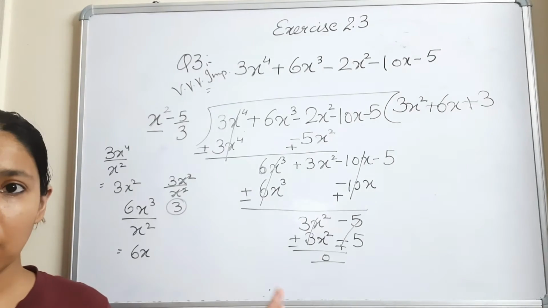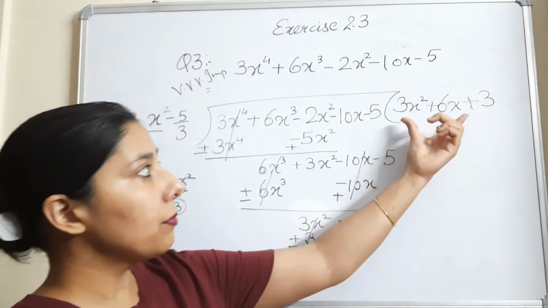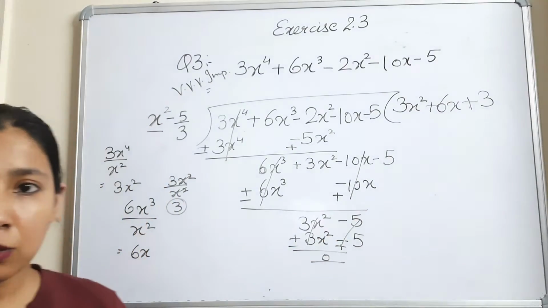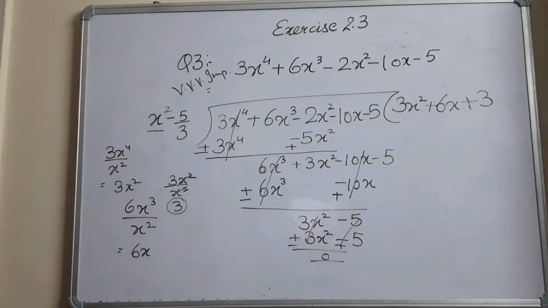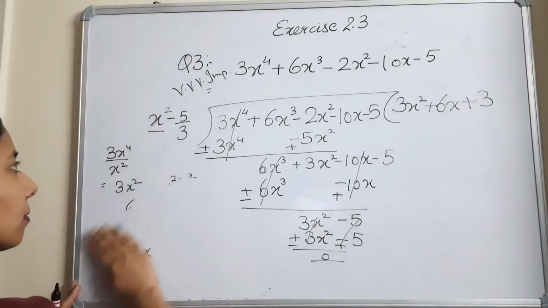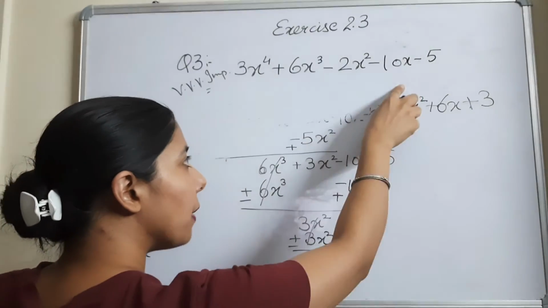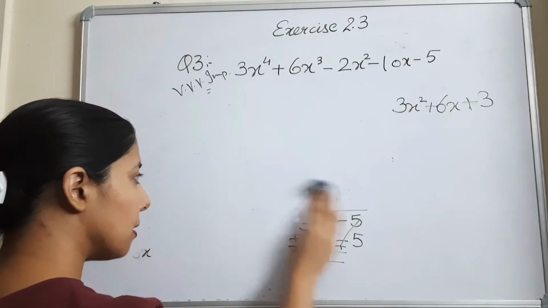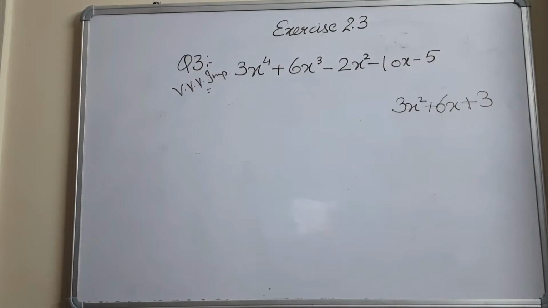Now we will do the third part. For calculating the answer, we will be using this factor, which is the quotient here. We will be using this. So note it down in your notebooks. Now we will be using this factor only for the final solution of your question. So take this.